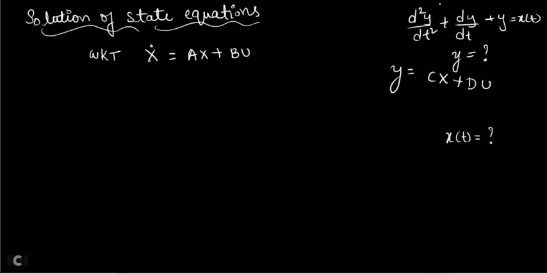So if they ask you to find the solution of the given state equation, then the solution should be nothing but x of t is equal to some answer. So this is what you are going to do in this concept. Finding the solution of the given state equation means finding the answer for x of t. This is a given differential equation. x means state variable, A means state matrix, B means input matrix, u of t means the input itself. Now this is only for explanation, only for understanding.